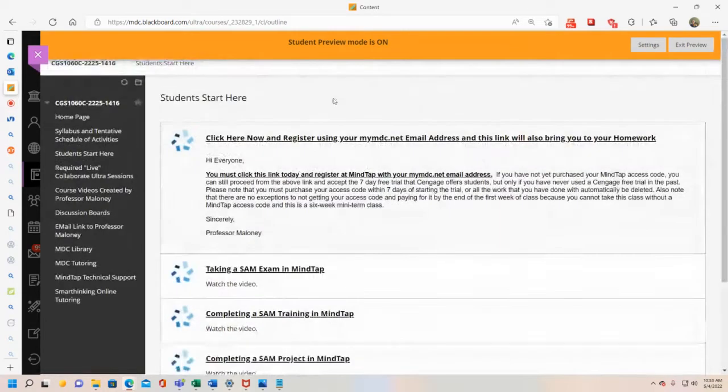All right. But up here is where you go to register. Okay, you go to register. Now I'm in my student preview, meaning this is exactly your view. The navigation menu here is exactly what you'll see. This menu over here, or these links over here, are exactly what you see once you click Students Start Here. So I'm in the Students Start Here now, and this is where you click to